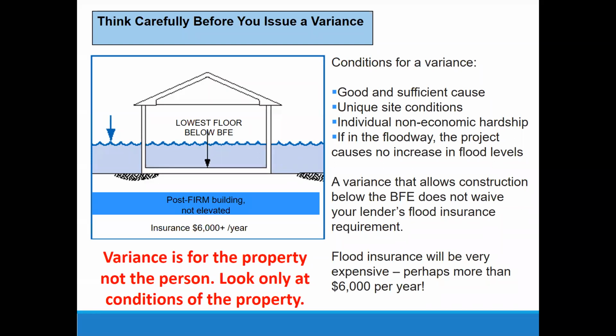We also did a variance for a boathouse for the city of Lawrence. And I hope you understand that boathouses are dependent on water. So it had to be next to the river. You couldn't put the boathouse 10 miles inland. You had to put the boathouse next to the water. So they did a variance for that. That's called a functionally dependent use.